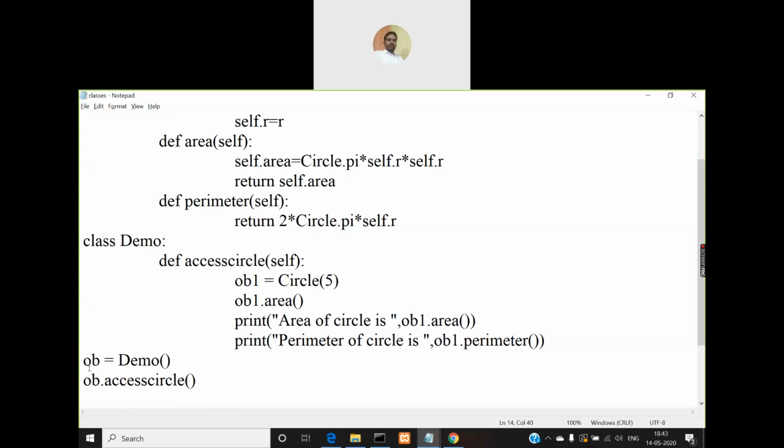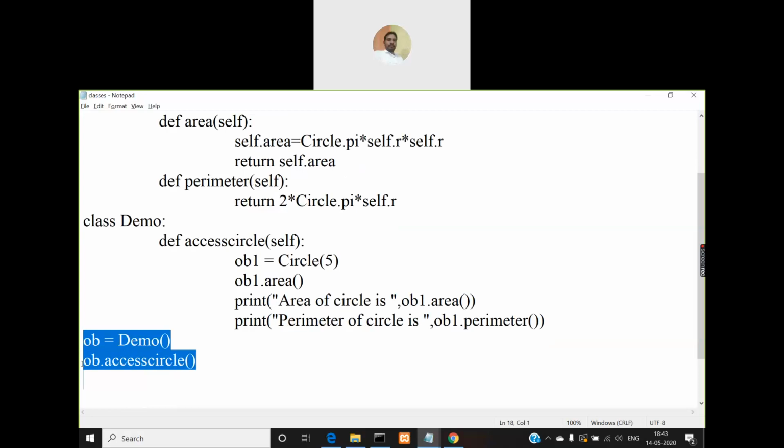So when there are multiple classes in your program, you cannot leave the creation of objects entirely inside the classes. For at least one class you need to create an object outside the class, and for the remaining classes you can create objects within some other class, but that other class must be the one for which you created the object outside the class.